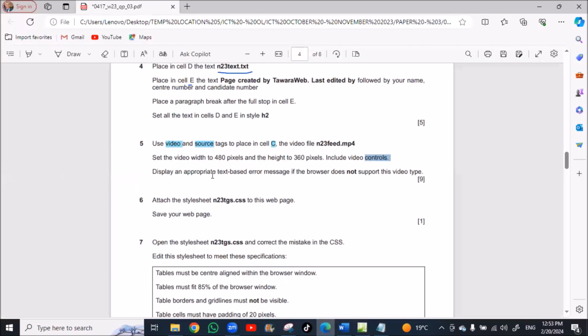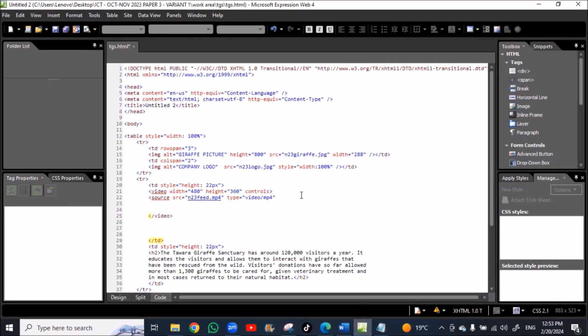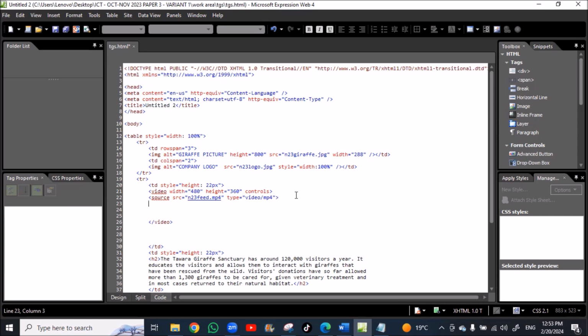Back to exam. Display an appropriate text-based error message if the browser doesn't support the video type. Okay, after the source tag, you can write your web browser does not support the file format.